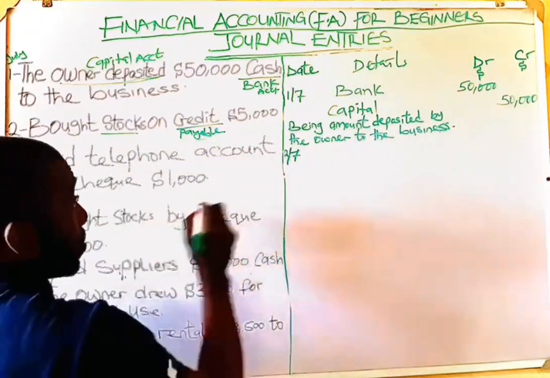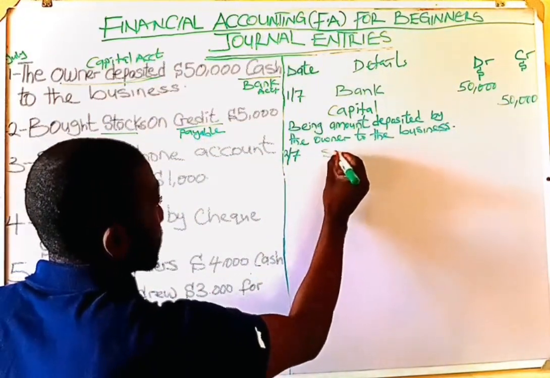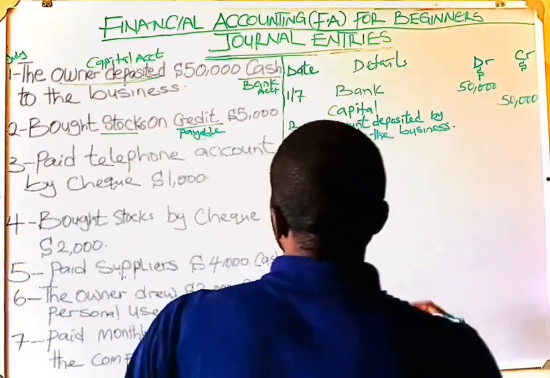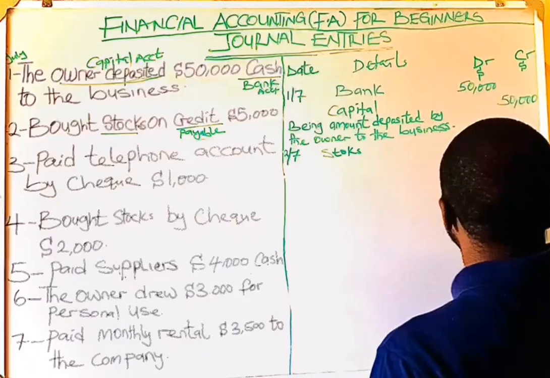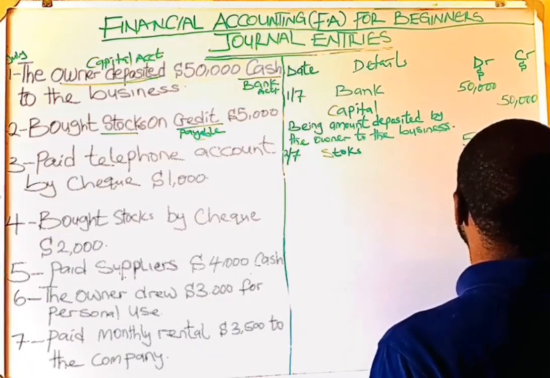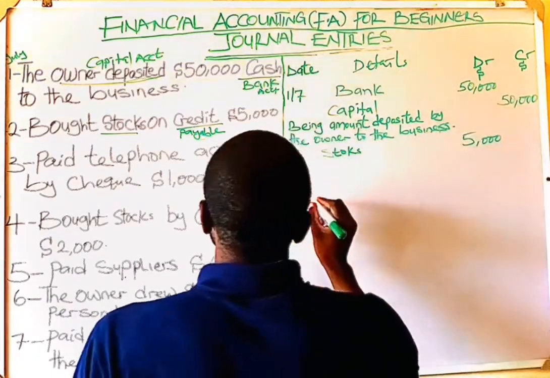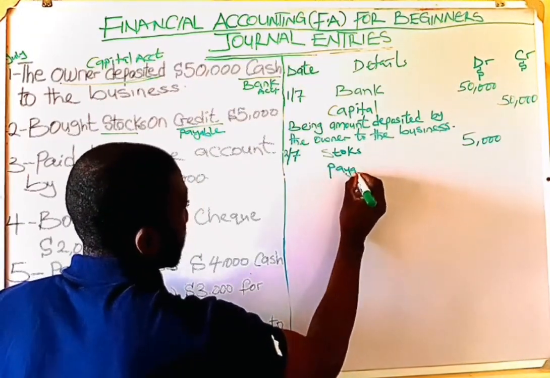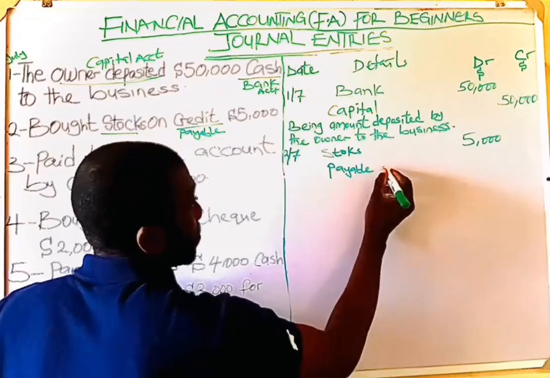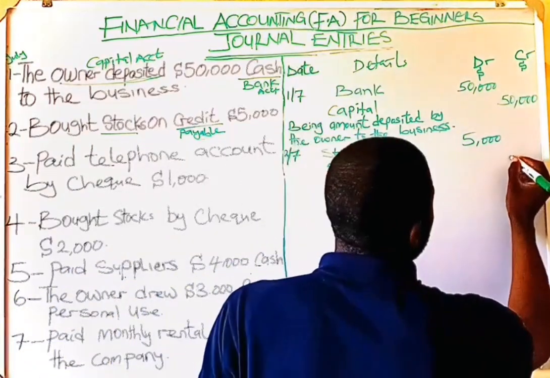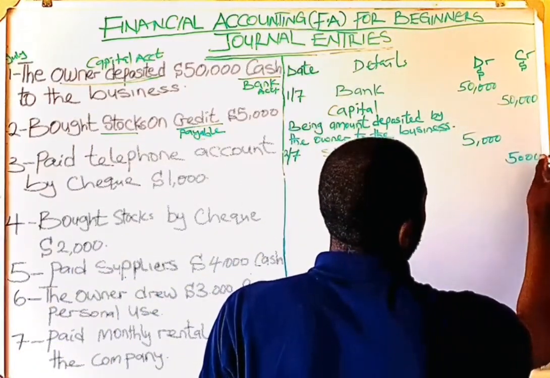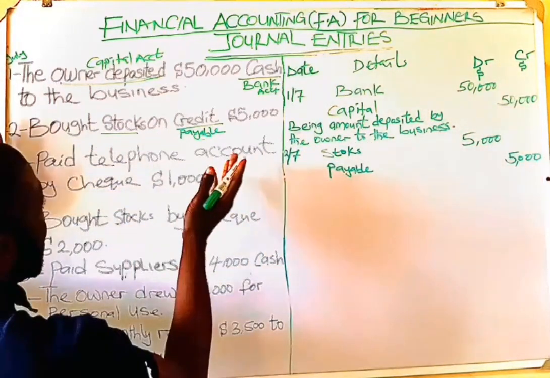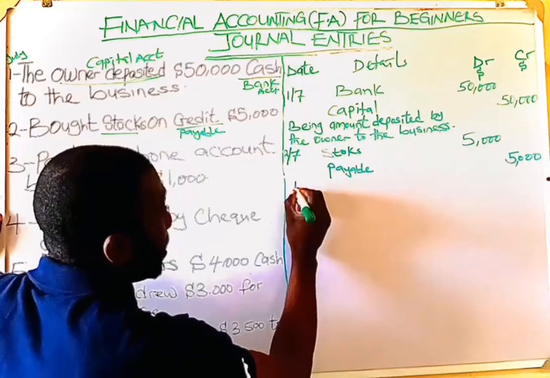You debit your stock by saying stocks, $5,000. You debit it $5,000, and you credit your trade payable with $5,000. Simple as that. Then the narration, you look at it, you say being